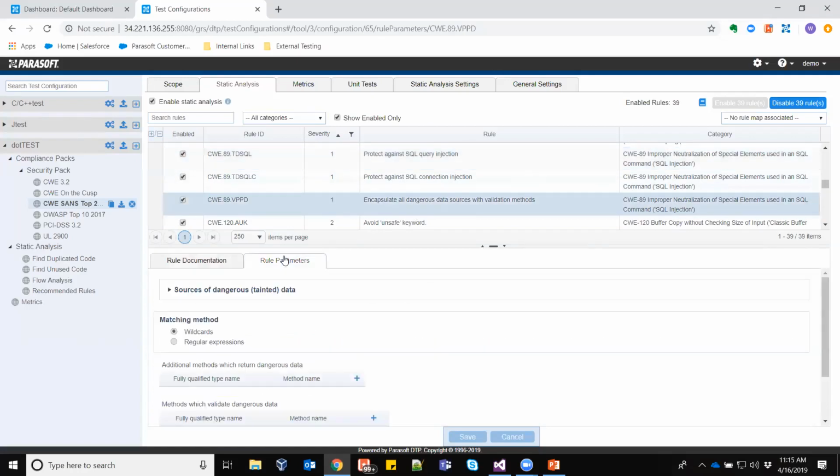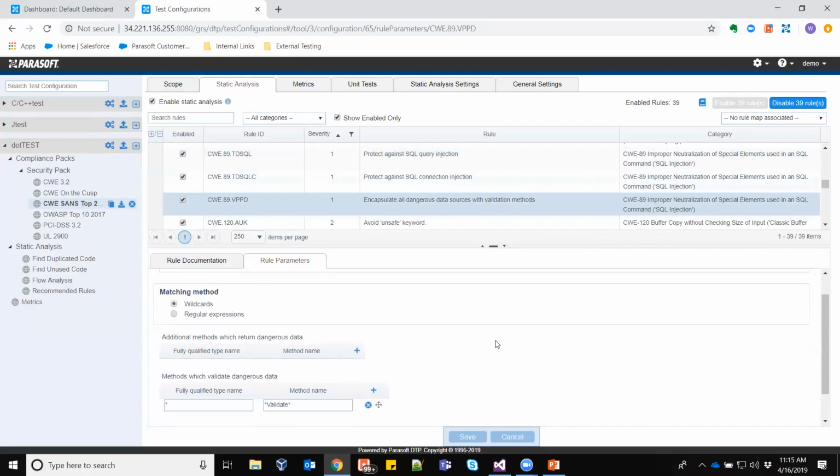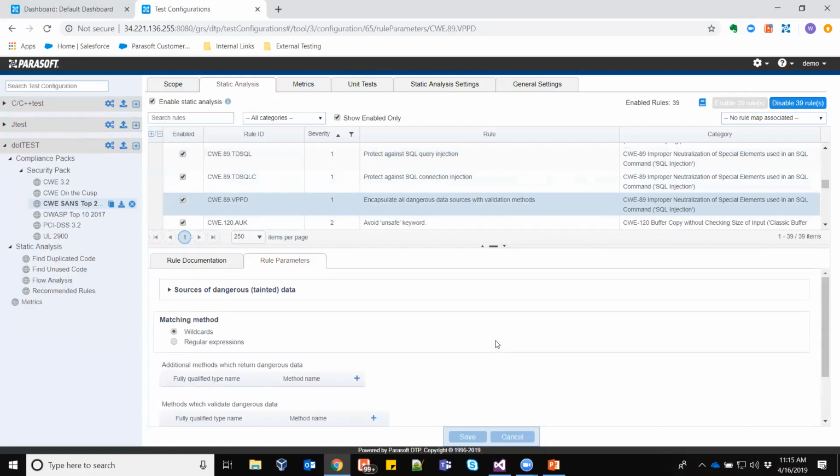Now, nice thing about the rules is many of them are also parameterizable. So if there's certain tweaks you need to make to the rule to fit the code base, that's doable as well. And what I would normally do here is pick the rule set that most closely aligns with what I'm trying to enforce across the team, duplicate it, make the changes I need.